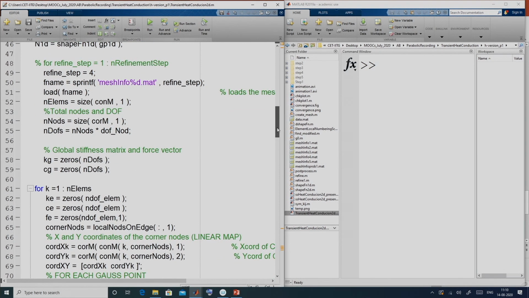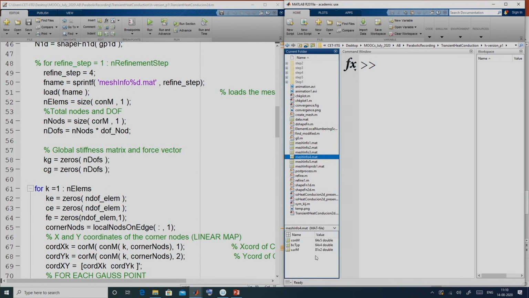Alright. Now, next what we do, we already have refined the mesh sufficiently for the problem in hand. So, I will not do the refinement steps, rather I will do it for a given refinement. So, we have chosen a refinement step. Okay. So, we have actually 64 quadrilateral elements. Alright. So, that means that we have actually 81 unknowns in the problem in hand.